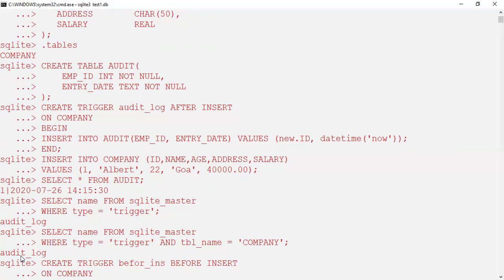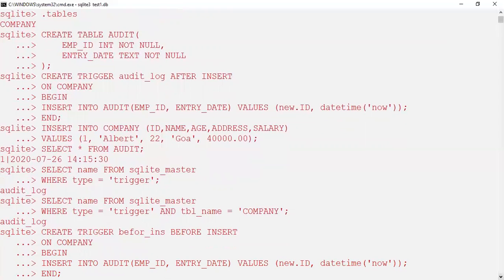And now the next one: if you want to create the triggers before inserting the data, you have to use the following syntax: create trigger before insert on company. Company is a table name, so you may have this option, and this is the syntax you have to follow. Begin insert into audit. Audit is again a table name. Employee ID, entry_date, this is what we have, and values.